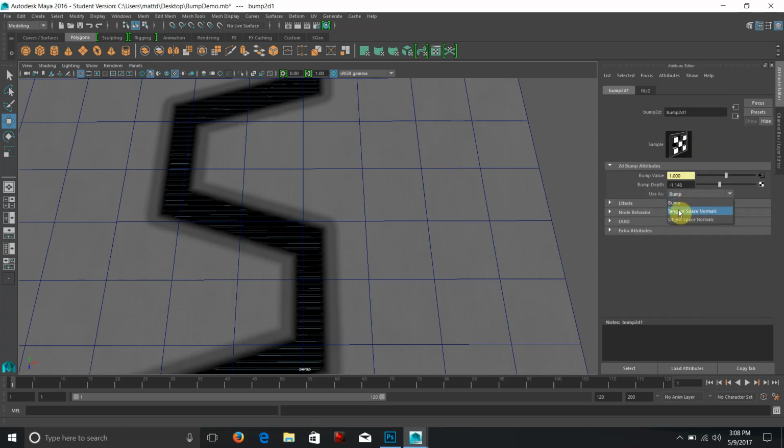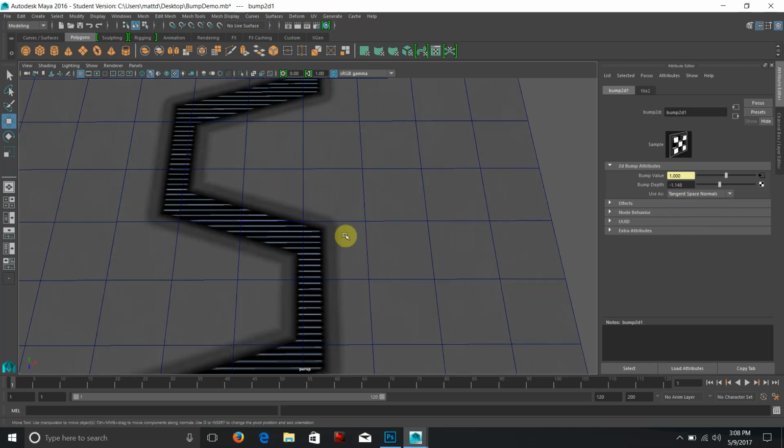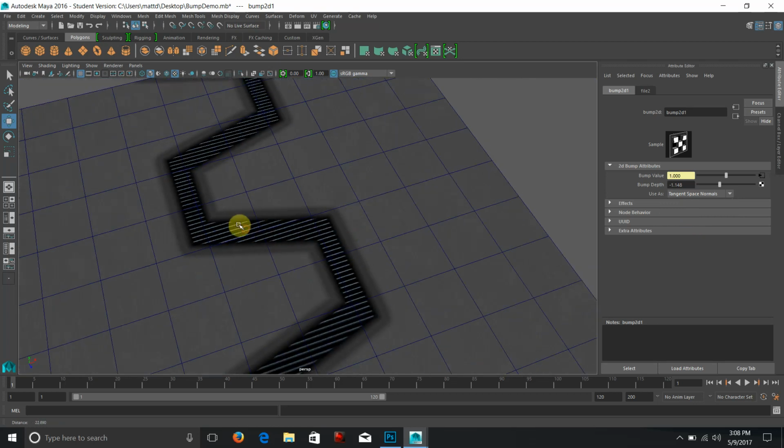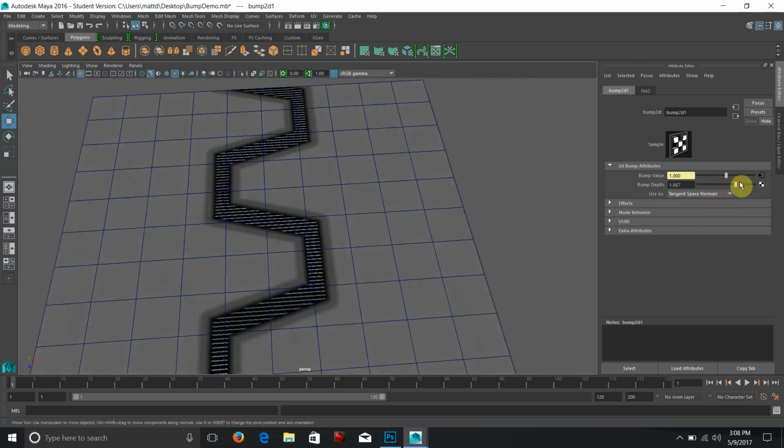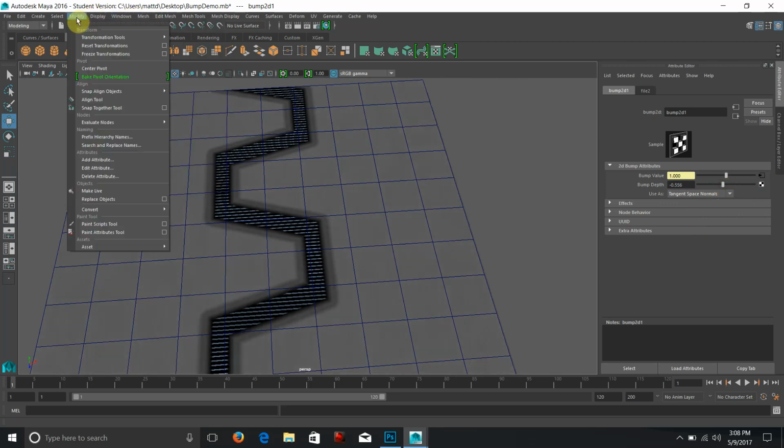And I can change this to tangent space normals. Now, object space normals will tend to have less purple and more reds and greens, and that's how you tell them apart visually. But with tangent space normals, as soon as I do that, you may notice immediately a shift. It doesn't look that intense as of yet,